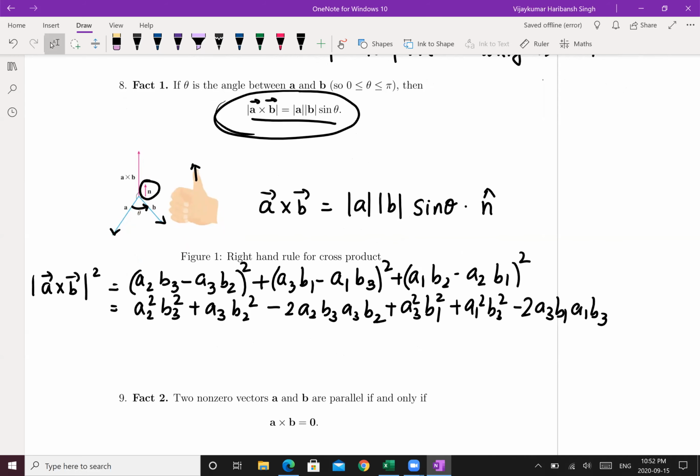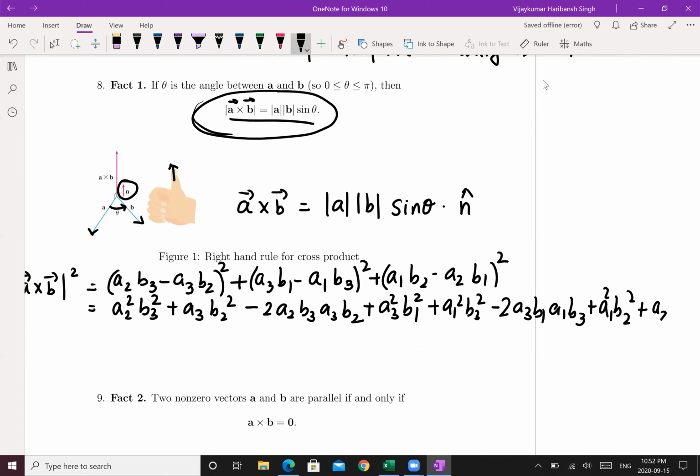And this is going to be, the next term is going to be a1 b1 square, b2 square plus a2 square, b1 square minus 2 a1 b2 a2 b1. Now, if you rearrange this, this can be written as,